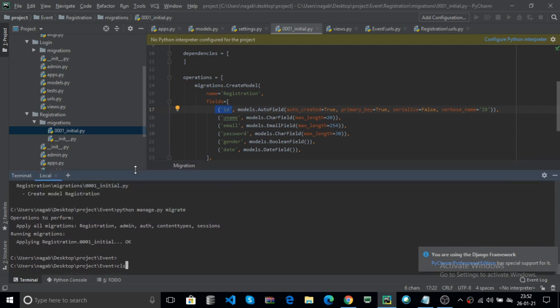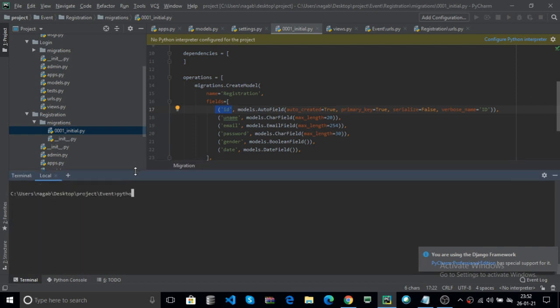Here clear all the data. Now python space manage.py sqlmigrate. Here you can use your app name, registration. Here what is your file name, that is your name and where your model fields are.